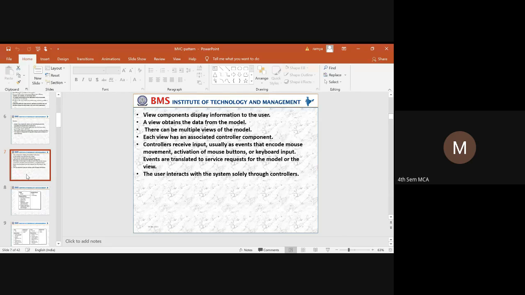It is going to interpret the mouse input, and whatever request has been generated, that request will be taken to the model, and with the corresponding request, it is going to generate a view.